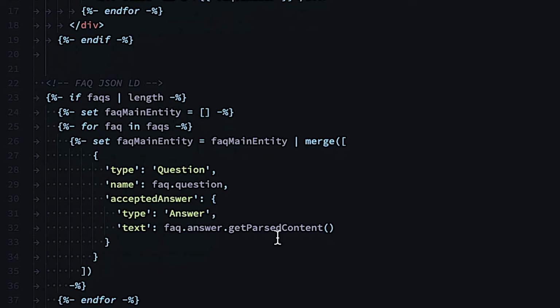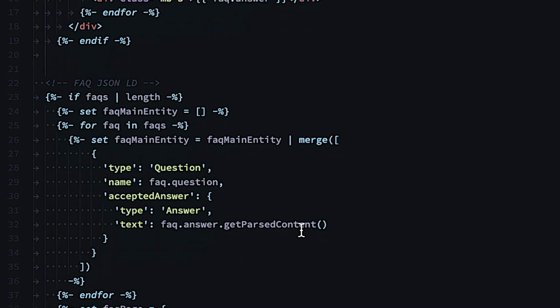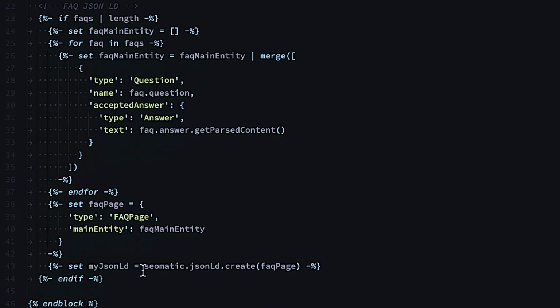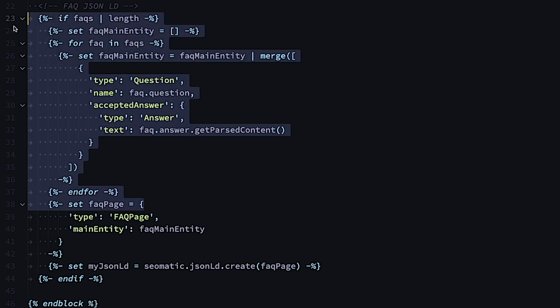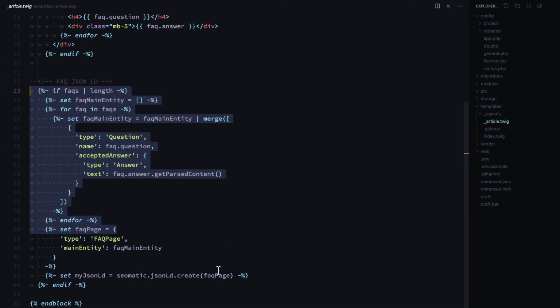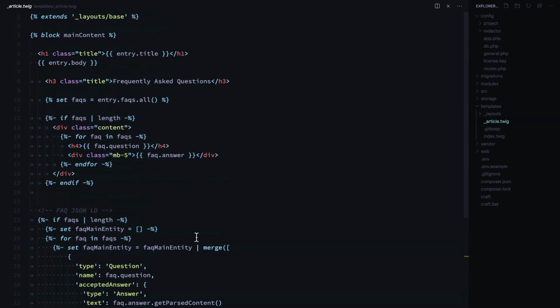One thing to be aware of when you're using Redactor is that you'll get a Redactor object if you just hit it directly. You need to get the parsed content. That threw me a couple times, and then down here, SEOmatic, the JSON-LD, you use this create method and then pass in what you just built up here, this big array, and then it's smart and knows how to spit out the right thing and how to combine it with the other stuff you've got. Now,